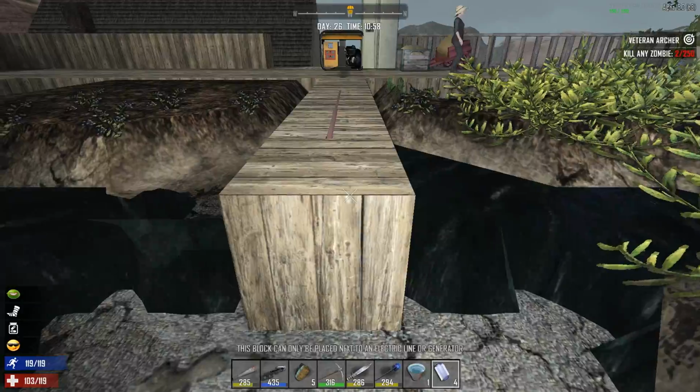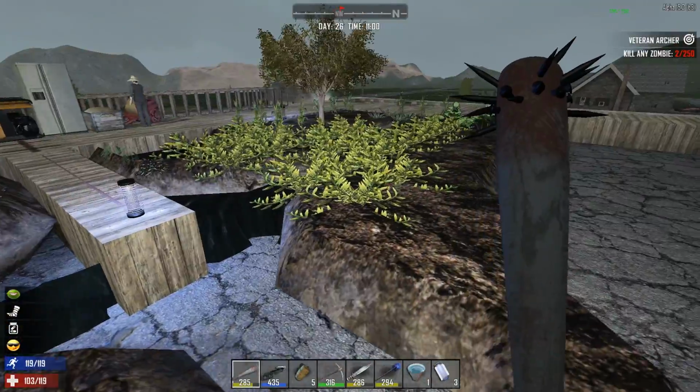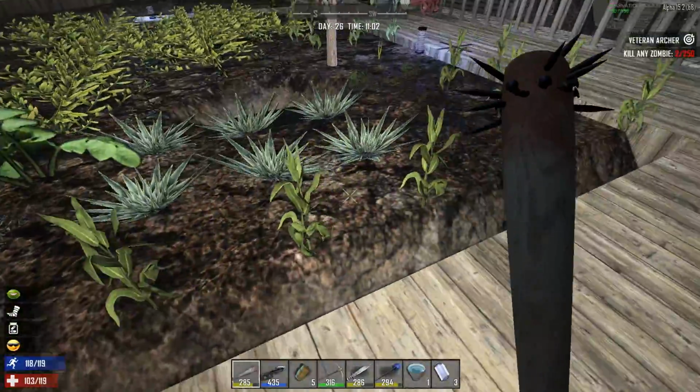This is working out really well, actually. There we go, we got another light there. That'll take care of 8 blocks. And I think most of the blocks are spoken for. There might be a couple on the edge right here that we might have to, you know...